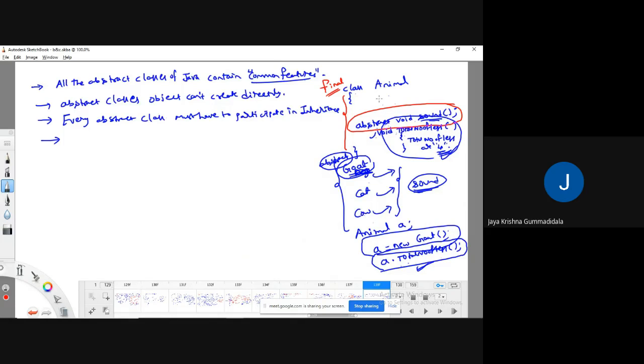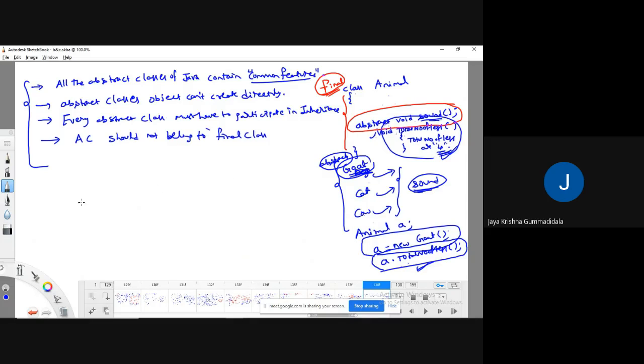This feature can't be implemented if I make it final. So the abstract classes should not be final classes. These are some of the important points you need to remember while creating an abstract class.